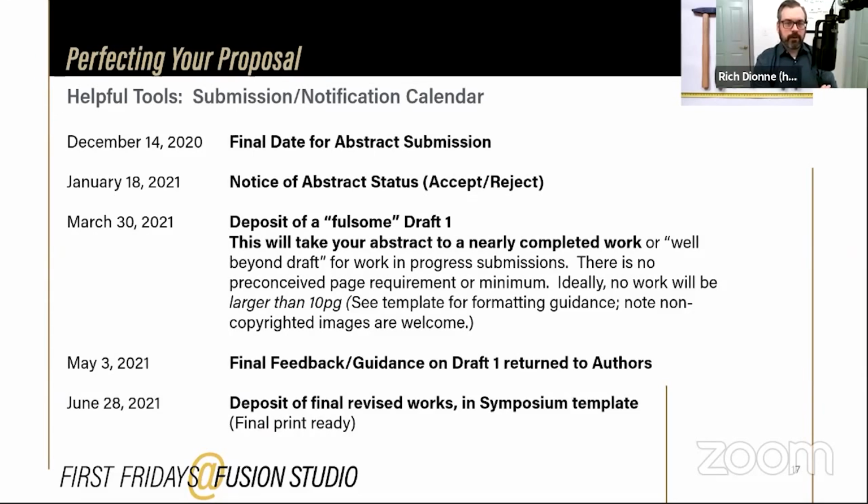paper/presentation/poster. And we ask for that to be as complete as possible. And we will provide feedback and provide some editing help to help guide your work to a really rock solid, knock it out of the park presentation/paper. We'll get feedback back to you by May 3rd. And that won't just be Mary and I, that will be the group of reviewers that we pull together for the symposium. So that by June 28th, you can get to us the finalized versions of your work so that we could have them ready to print in the symposium booklet and to be available for distribution at the symposium itself.